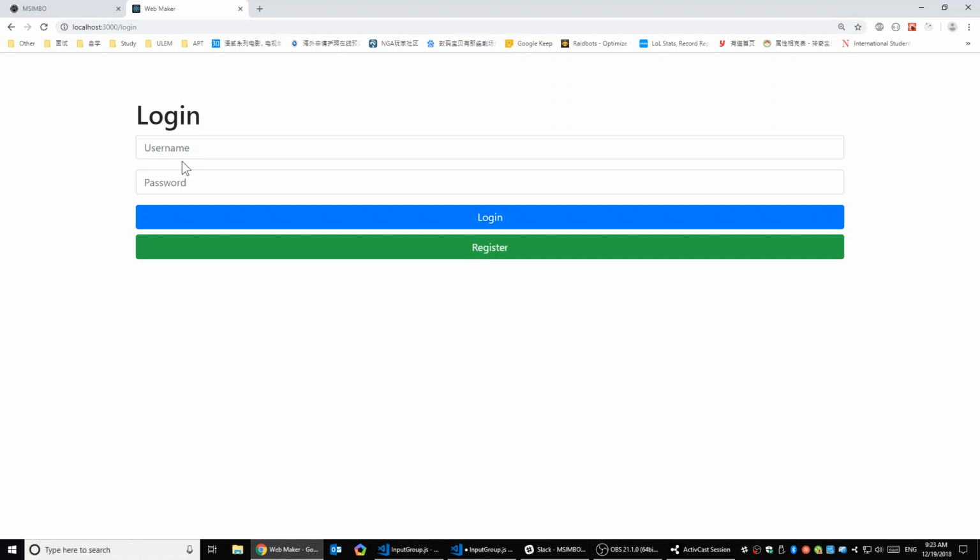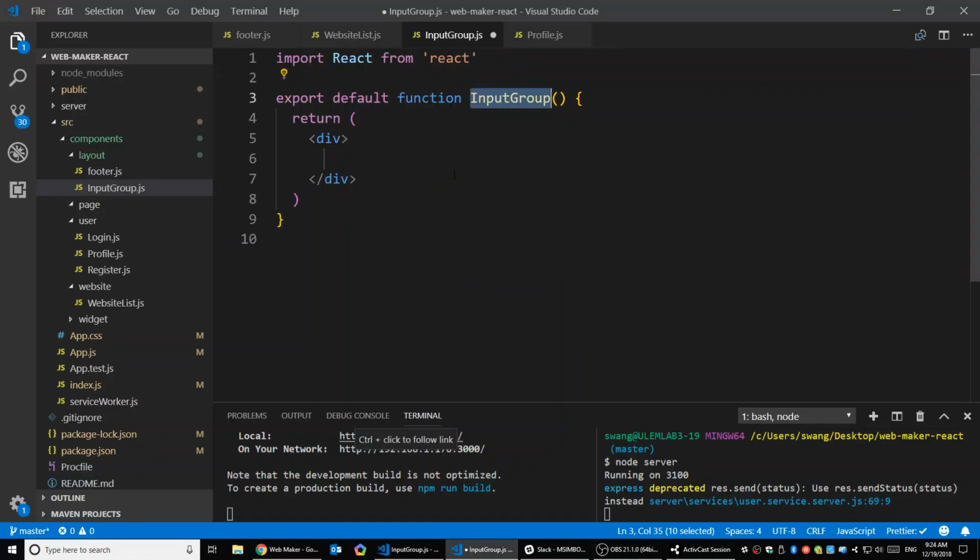So I can put the placeholder as a property, and then I can have the label as a property. So when I use those input group components, I can pass in the properties to show the different layout. Right. So what I mean here is, when I call this input group, what I want here, firstly I need